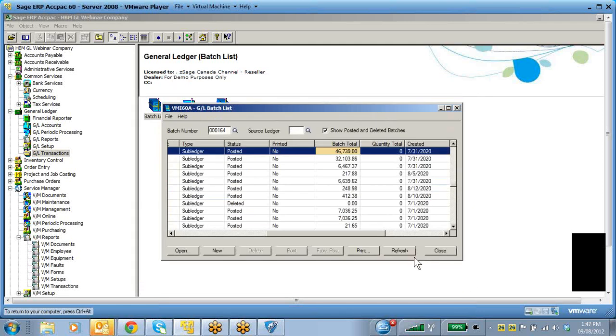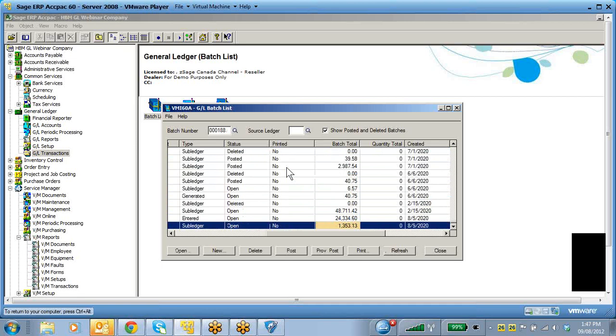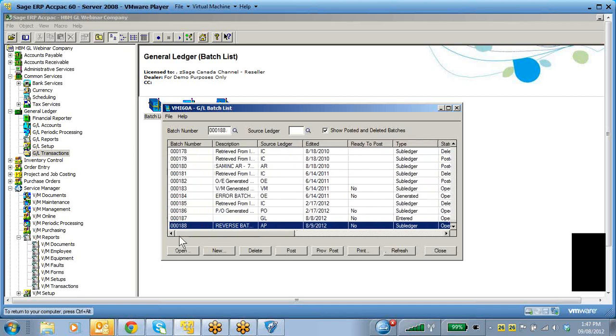And lastly, what I wanted to show in the posting was the functionality of provisional posting. Provisional posting is great around year ends as controllers and financial people are trying to close the books. What they're able to do is make a journal entry, especially one of those journal entries that's done at 6:30 on a Friday night. You're trying to get out of there, and you want to make sure that it was done correctly. You can do a provisional posting of an entry,